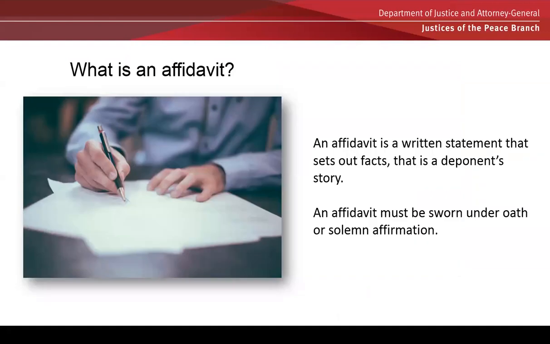The Acts Interpretation Act 1954 defines an affidavit in relation to a person allowed by law to affirm, declare or promise. In essence, an affidavit is a written statement that sets out facts, that is, a person's story. Prepared by a party or witness known as the deponent, affidavits are primarily used to provide evidence in a court of law. The form of an affidavit may vary according to the type of oath or affirmation used and the court laws presiding. When the deponent makes an affidavit, it must be sworn or affirmed, and I'll explain what this means a little later on.